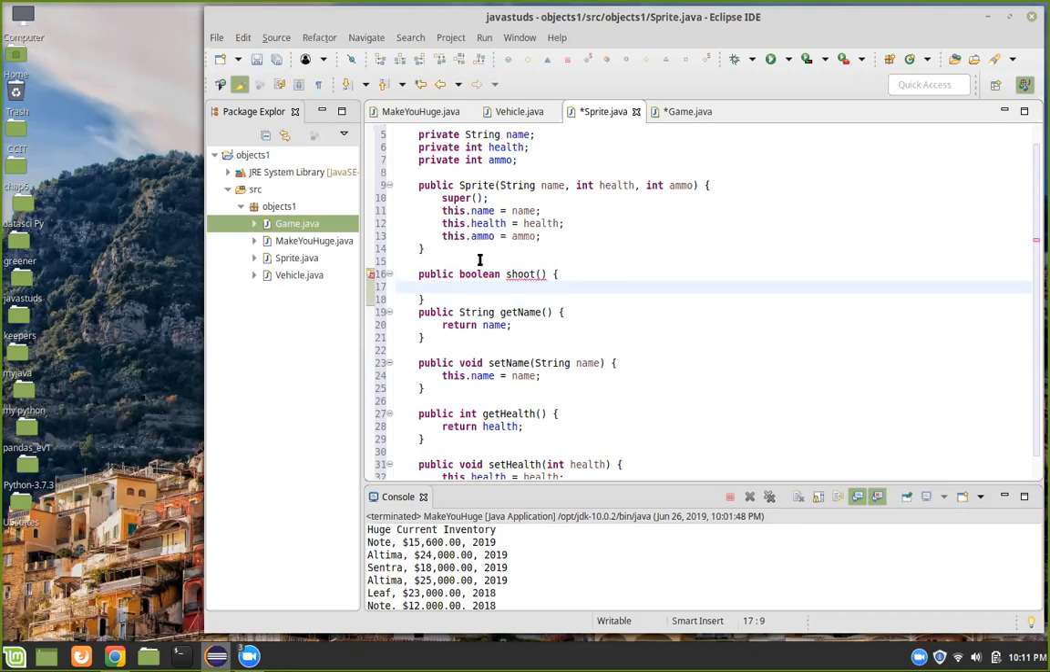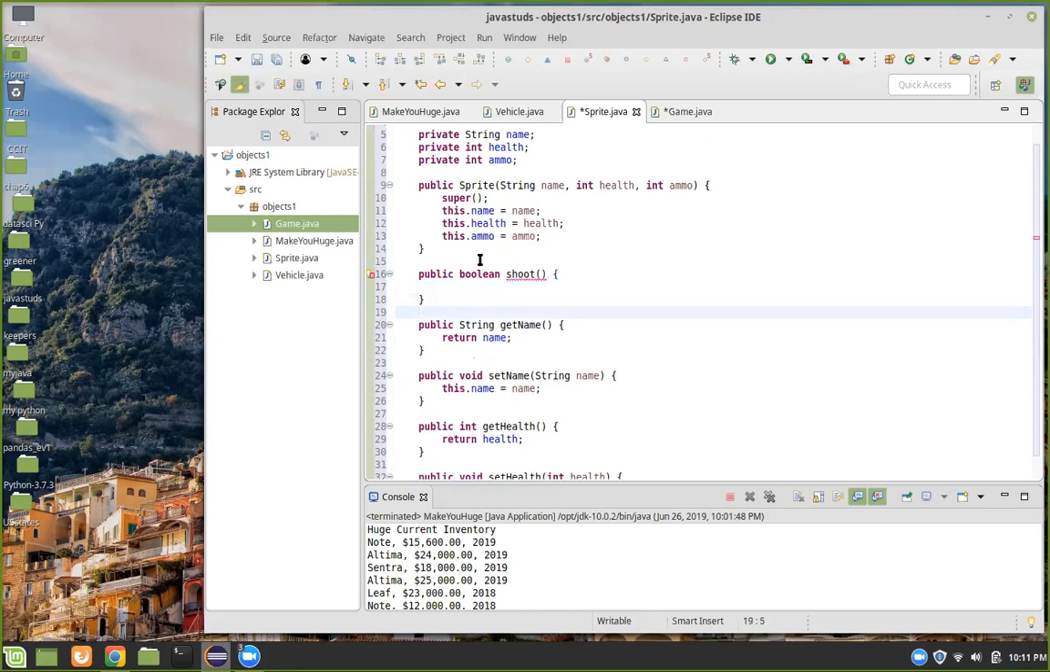What we have to do is return a Boolean, and maybe what we can do is generate a random number. We could assume, for example, that if the random number is 0, the shot is a miss. If the random number is a 1, it's a hit. So let's try that. So int hit